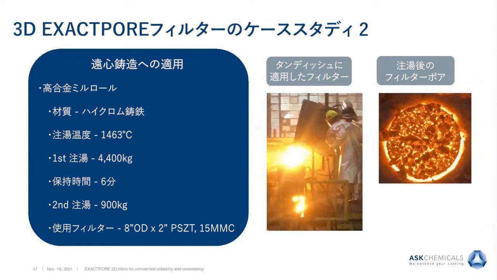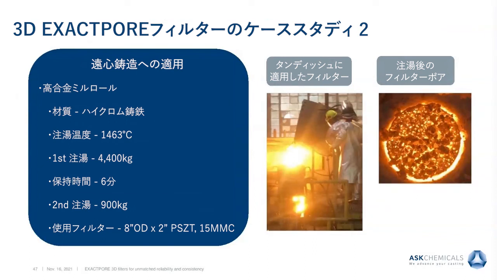The first pour totaled 9,700 pounds. The ladle was then taken back to the furnace to be filled with an alternate alloy. During that time, the tundish and the filter were put back on preheat to maintain temperature, and the dwell time was 6 minutes. After the 6 minutes, 2,000 pounds of an alternate alloy was poured to complete the